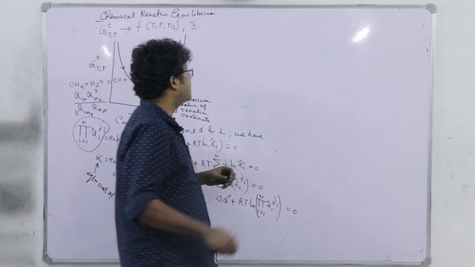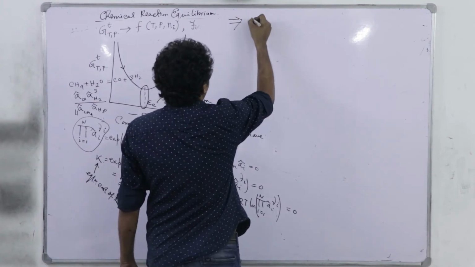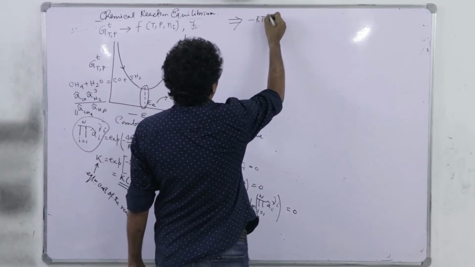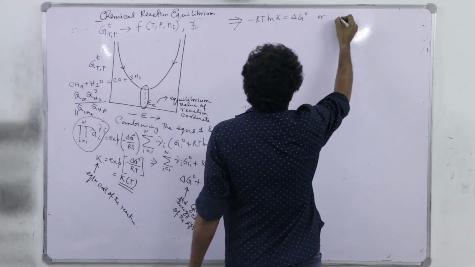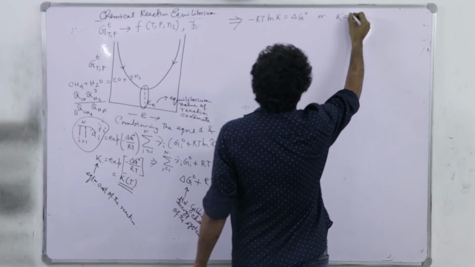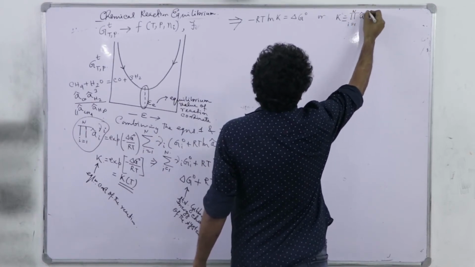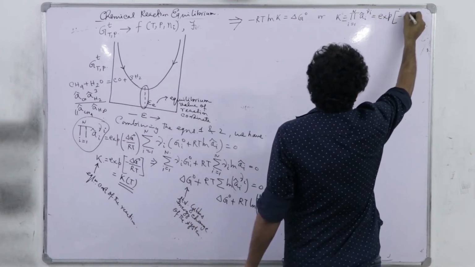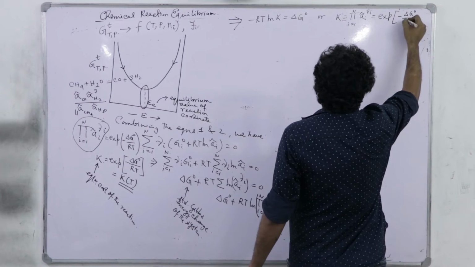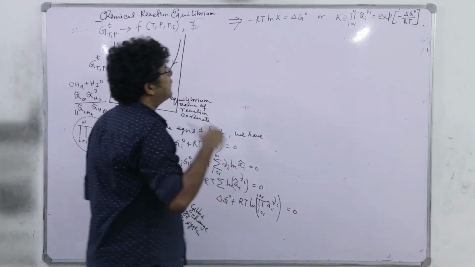only. So our first outcome of this analysis is that minus RT ln K is equal to del G naught, or K, which is defined as the product over i equal to 1 to n of a_i cap to the power nu_i, is exponential of minus del G naught by RT. Done? So, from here